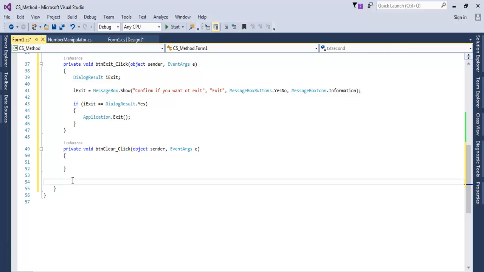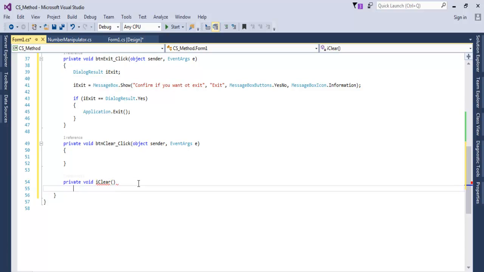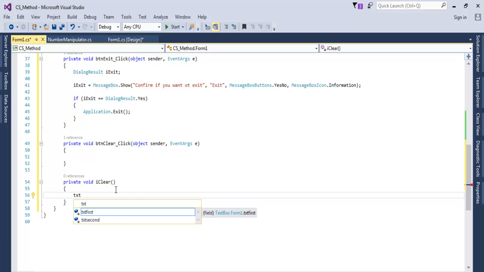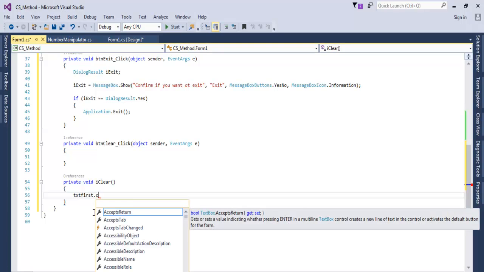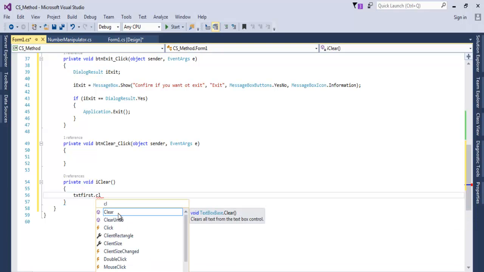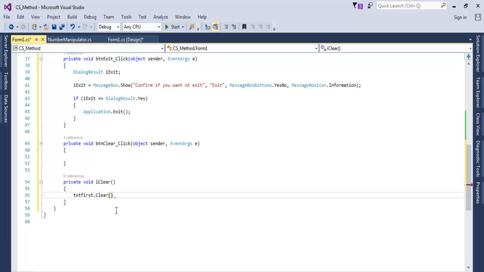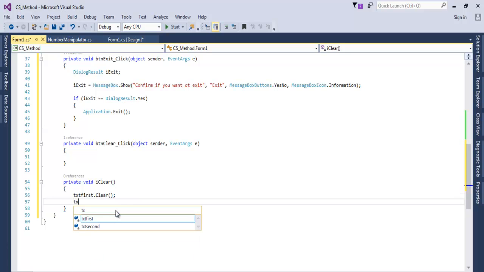Let's call it private void iClear, and enter parentheses there. So that'll be txtFirstNum.Clear. So that's just to show you guys that it is possible. So that's clear again,